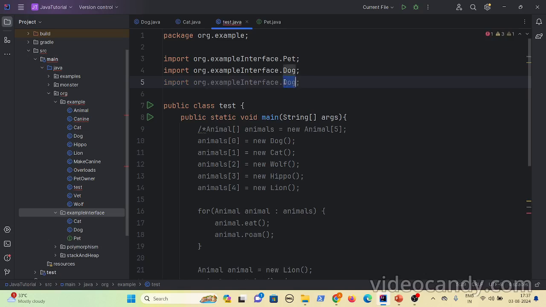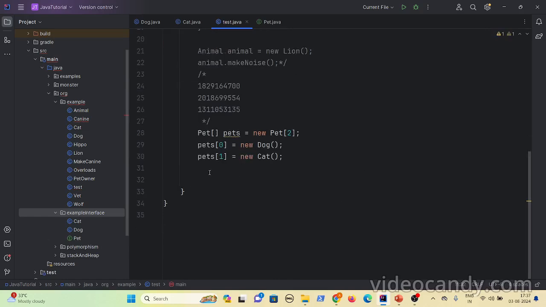What happened by using Pet as a superclass here, or as an interface, is you have got a pet array, and to this pet array you have used the Pet interface as a reference variable. So if you use this as a reference variable, you can create multiple pets and add them to the array. And after that, you can invoke all the methods, like pets[0].beFriendly.